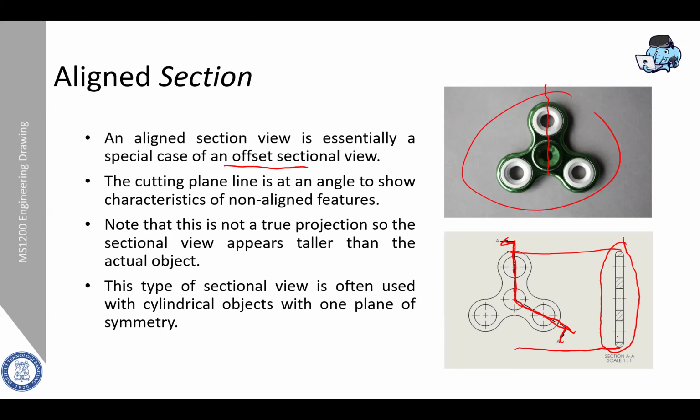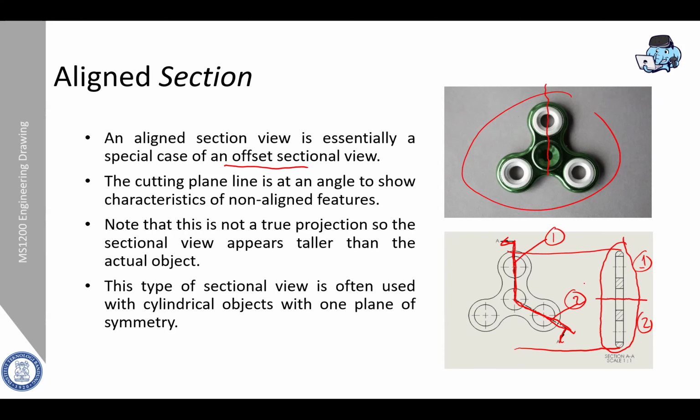Why? Yeah, because as you can see, it actually consists of two section planes. The upper one is for this section plane. Let's say the first section plane for the upper one. For the lower one, it is actually showing you the second section plane.